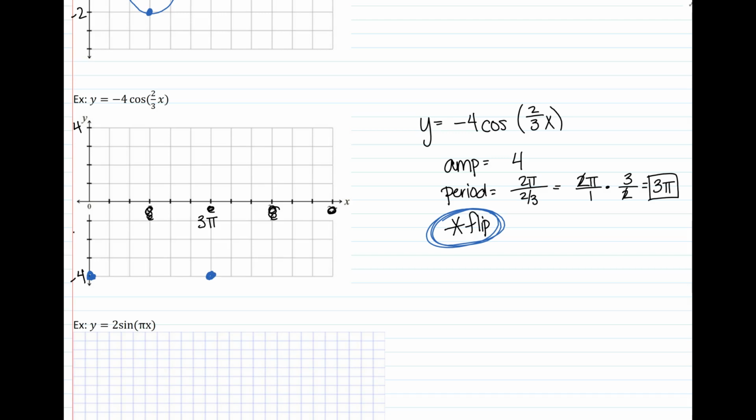Okay, halfway between our two minimums is where we have our maximum. And halfway between the maximum and the minimum is where we have our x-intercepts. And I'm going to draw this upside down cosine curve, okay, because this is cosine with a flip. Okay, goes up to 4 and down to -4, has a period of 3 pi. Okay,